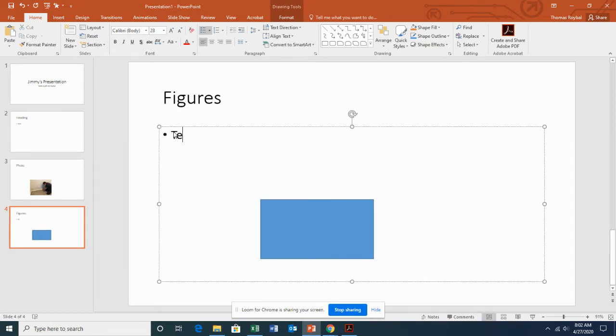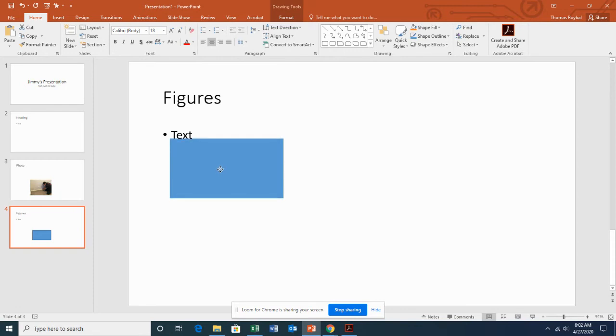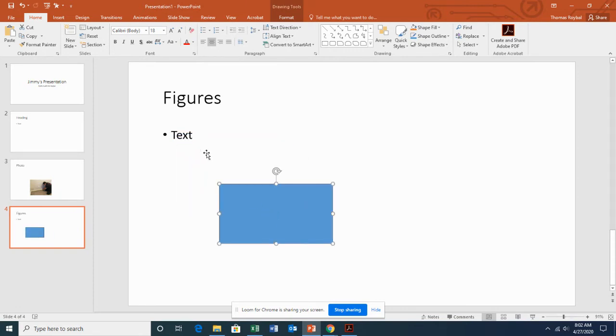If you want to put both text and figures on the same screen, note the default is to have the shape be on top of the text. See how I move the rectangle up there? It covers up the text. Well, if you don't want that, if you click on the shape,